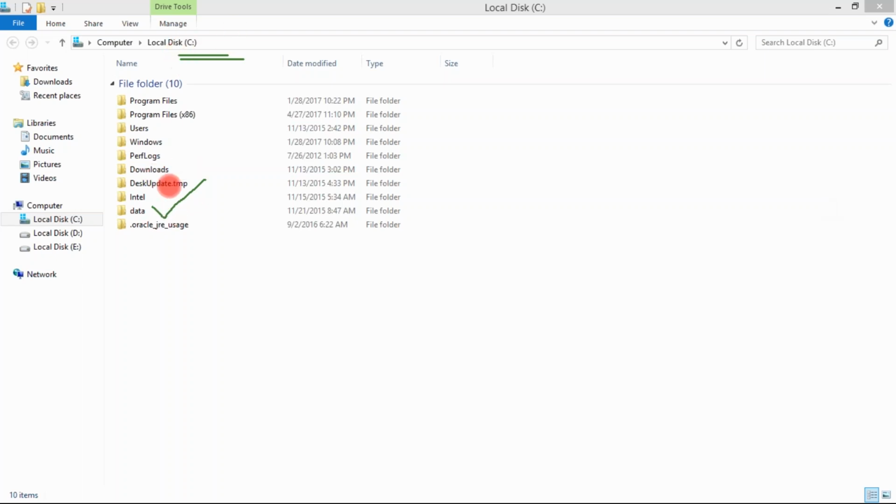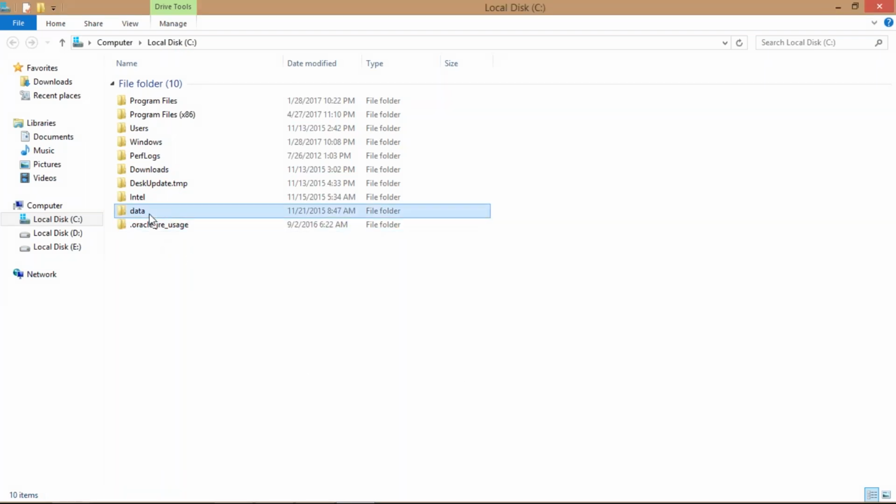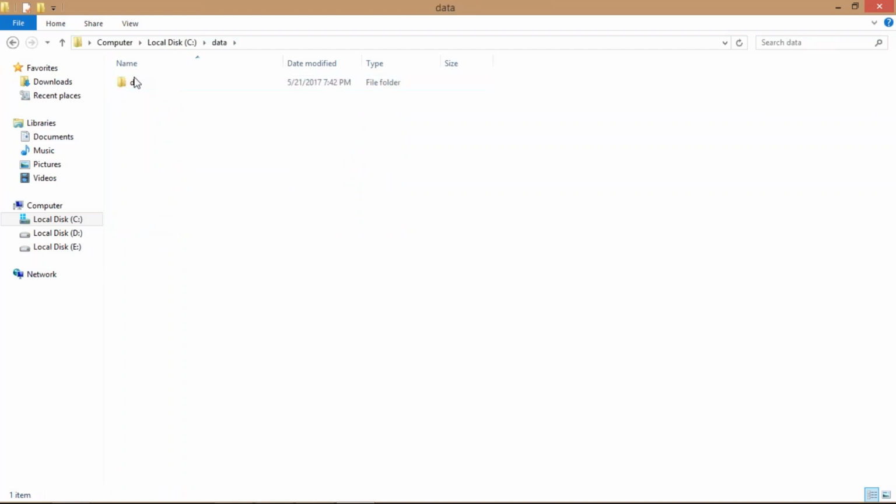In your C drive, create a folder called data. And in your data, create a folder called DB. In C drive, create a folder called data, and in data, create a folder called DB. So now, folks,